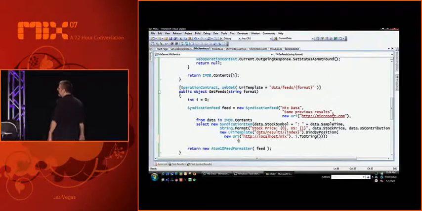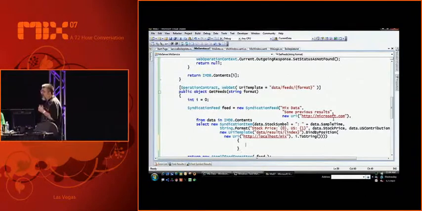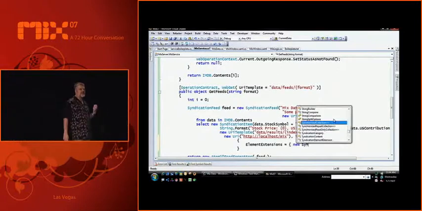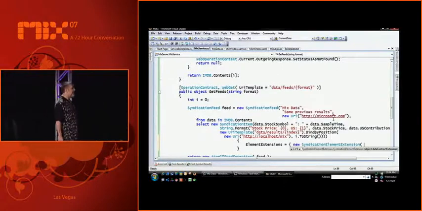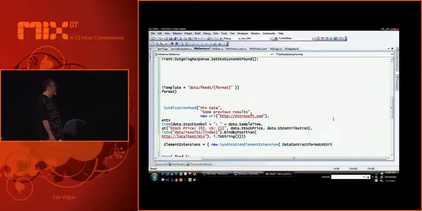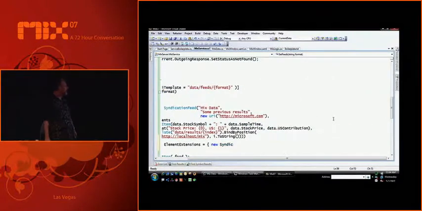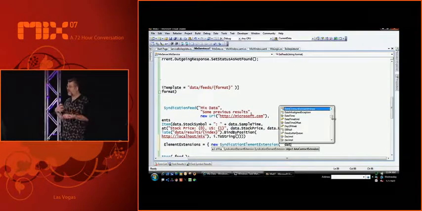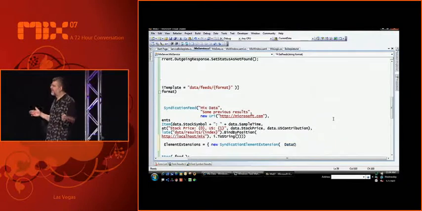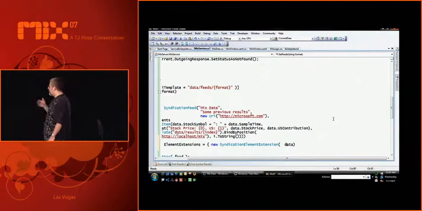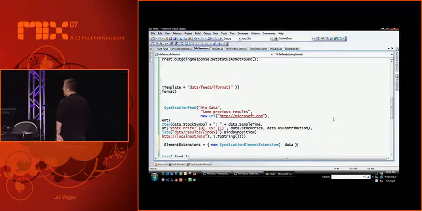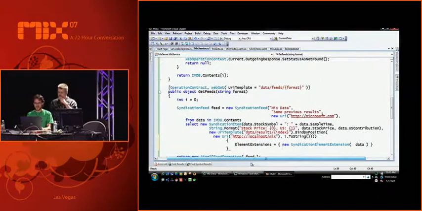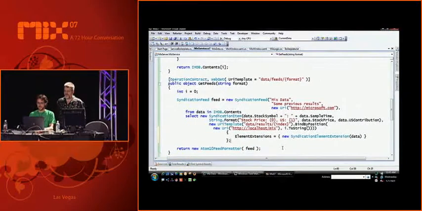Yep. So why don't we do one more thing? Let's go back to the server. And remember, Atom and RSS both allow the notion of extension elements and extension attributes. So what we're going to do is just add an extension element to our feed. And we're going to embed inside the RSS feed the mixed data that we were aggregating before. Remember, our cache of information is holding on to the actual structured, tight data. What we're going to do is embed that data inside the RSS feed. So let's get that working. Cool. Semicolon.